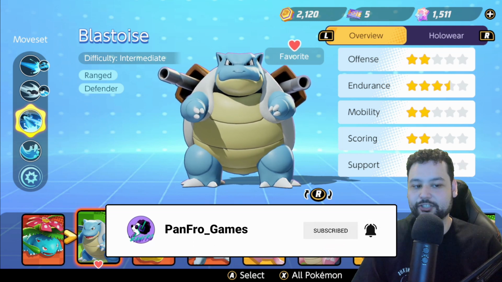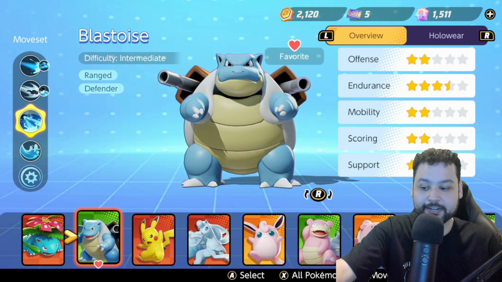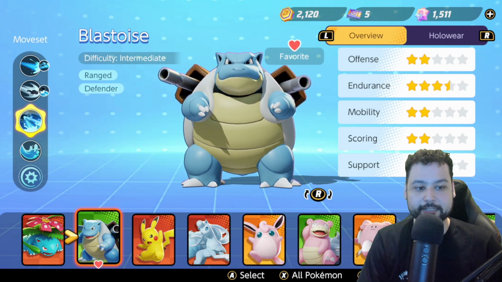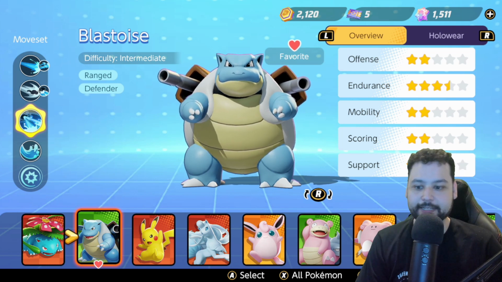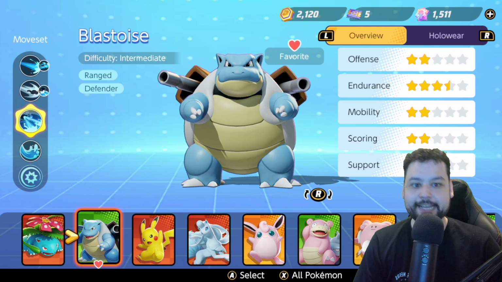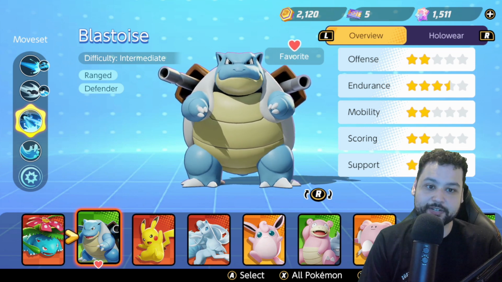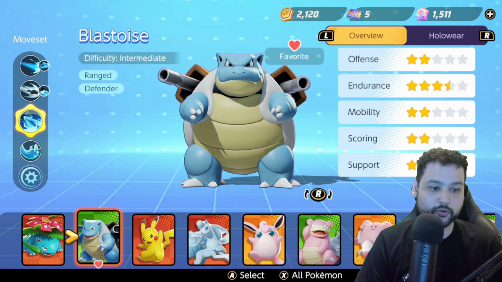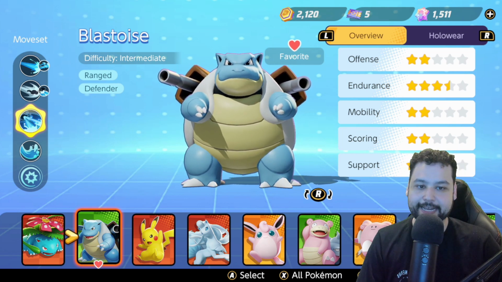I really appreciate it. So Blastoise is a defender type. He's a ranged defender, which was previously only held out by Slowbro, but now we got Blastoise in the house. And man, Blastoise is an overtuned character, meaning his moves do a lot of different things. And he's honestly one of the most unique characters in the game right now, and he's very cool overall, and I really love him. So if you're on the fence of buying the character, I highly recommend getting him, because